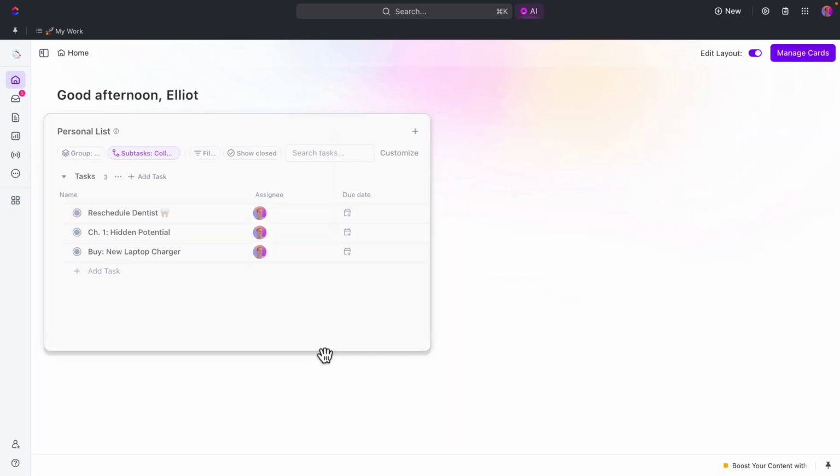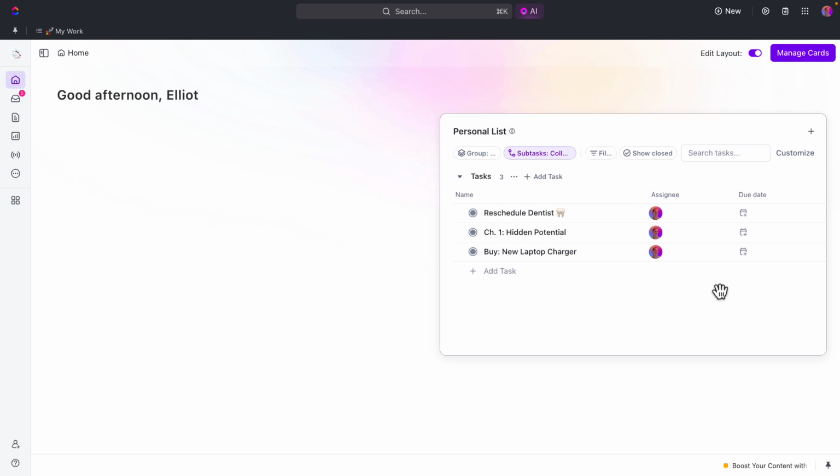So starting with personal list. Personal list solves the problem of not having a private space within the platform. Everything on your personal list will be private unless you share it. And it's your place to keep your own private to-do items or items that you want to get done. This also should help in resolving the issue of if you are an administrator or if you're expanding the platform